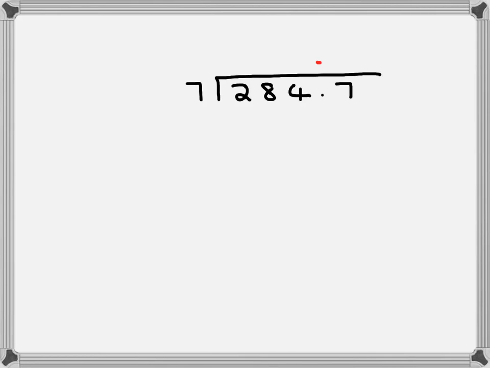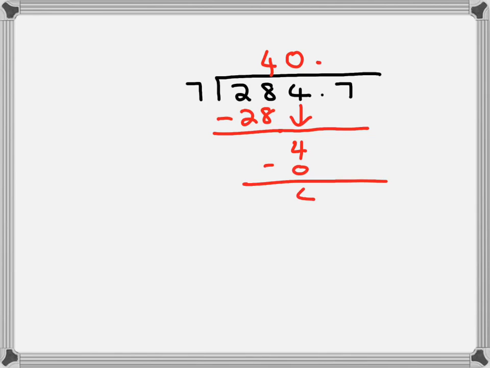7 goes into 28 4 times. 4 times 7 is 28. Minus 28, 28 minus 28 is 0. Okay, now we're going to bring down this 4 here. 7 into 4 is 0 times. 0 times 7 is 0. 4 minus 0 is 4. Bring down our 7. 7 into 47 will go 6 times. 6 times 7 is 42. 7 minus 2 is 5, and 4 minus 4 is nothing. So it's going to be a remainder of